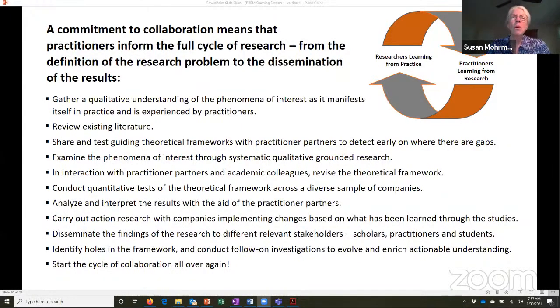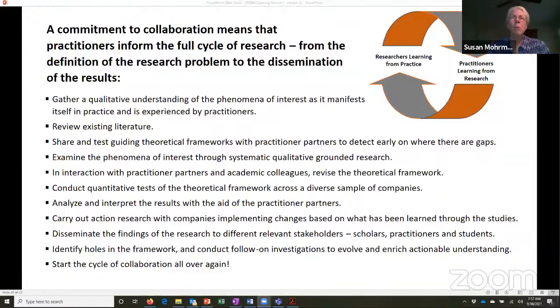And then what we always did was have what we called an interest group, where we'd have companies that were interested in learning about this particular area, whatever it was, and we would share some frameworks with them, just sort of test frameworks to see whether it connected with them and to see what they would add to it and how they would change it and where there were gaps that they really needed to learn about.